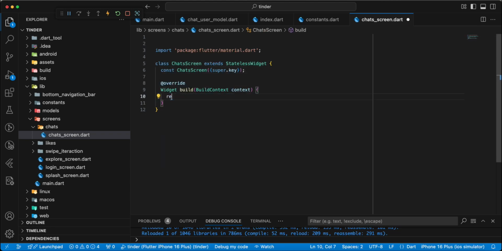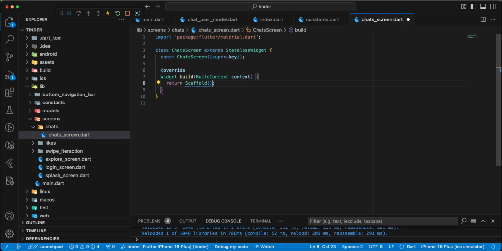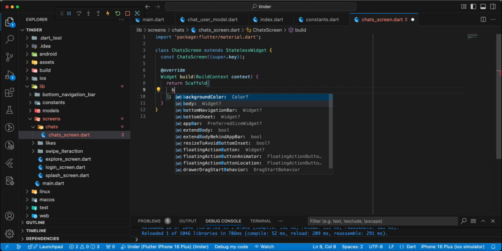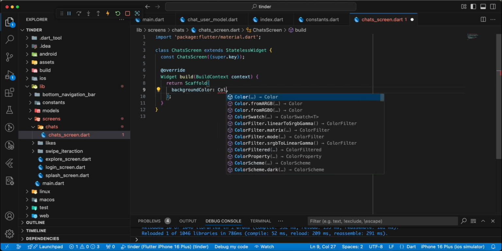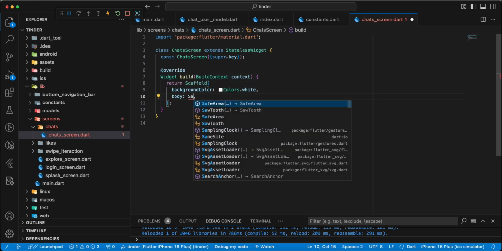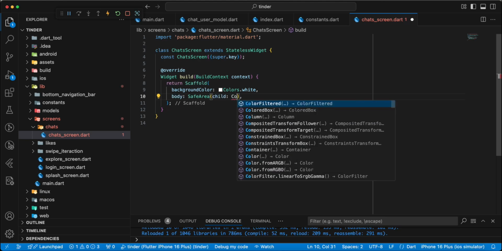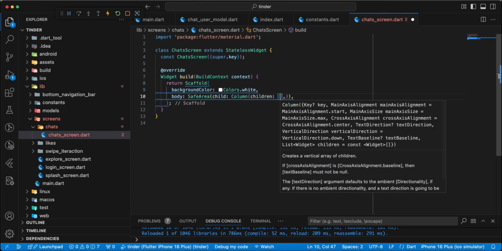Then we write return, add scaffold. Then we write background color, add colors dot white, body. Then we add widget safe area, add widget column children,